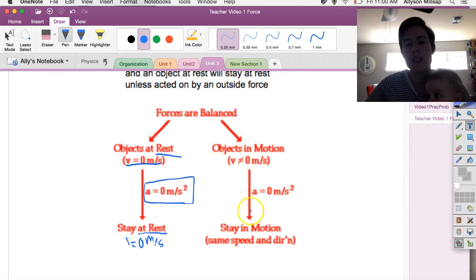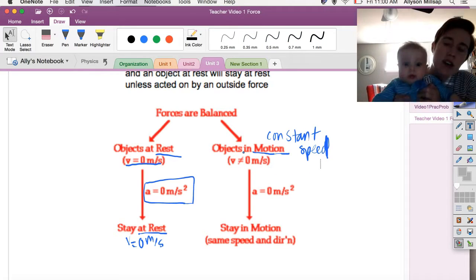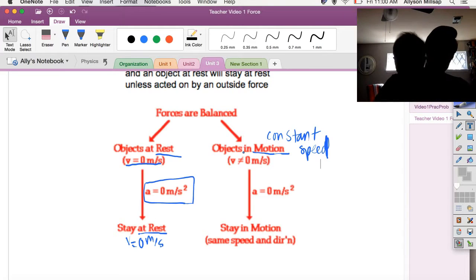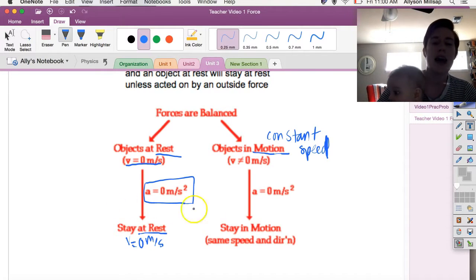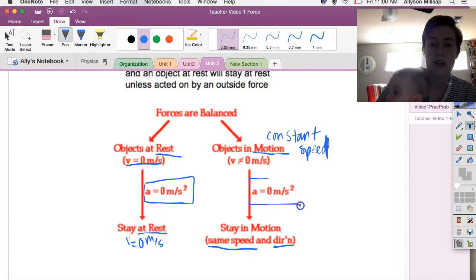And he also said, and this is probably the more revolutionary part, that an object that's in motion has a constant speed. And here, velocity does not equal 0. So it could equal any number. It could be 5, it could be 15, 25, whatever. If it's at this certain speed, it's going to stay the same speed in the same direction. It's not going to change direction. It's not going to change speed unless an outside force acts on it. So if we're at a constant speed, we're not changing speed, that also means our acceleration is 0.